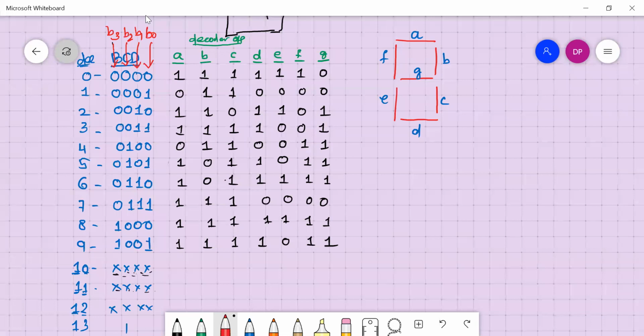Now we will map this value of B0, B1, B2, B3 with A, B, C, D, E, F, G.